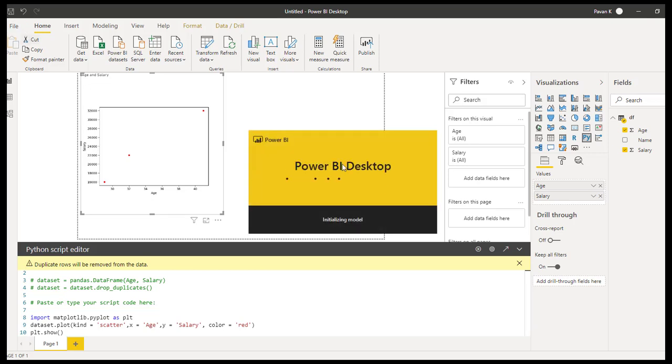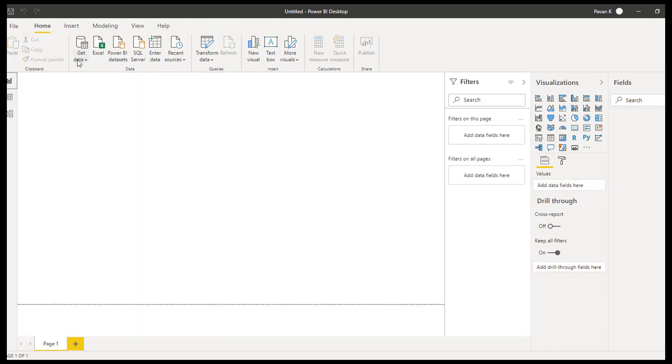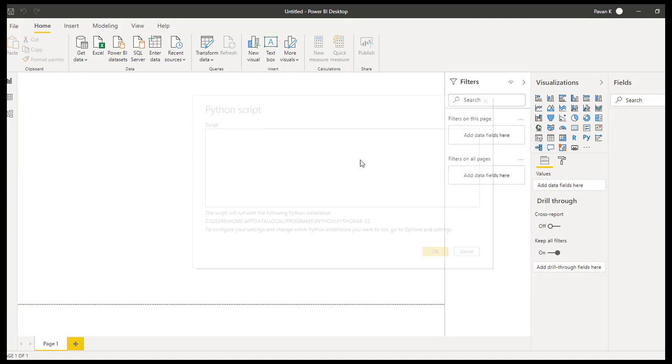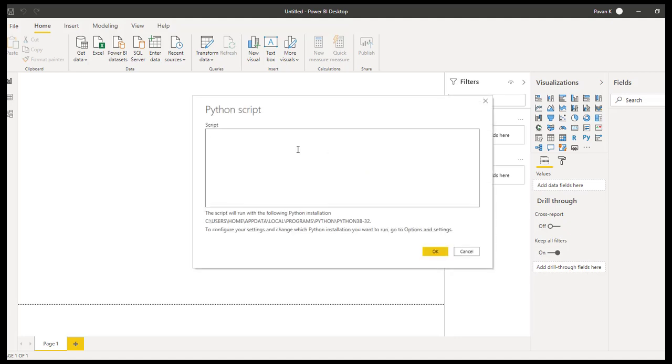We'll create a new report. Here we click on get data, more, other, Python script. The CSV file containing some data is residing in my machine. Now we'll import.